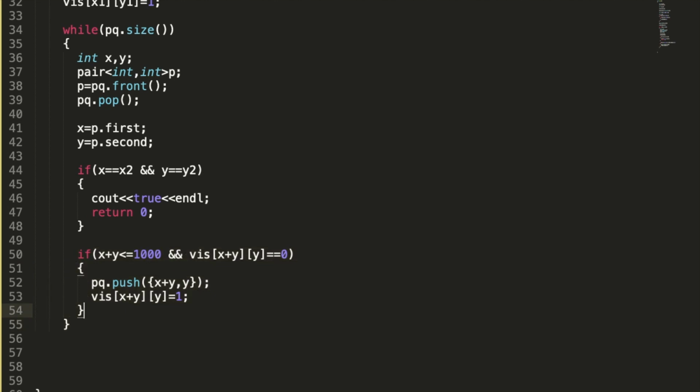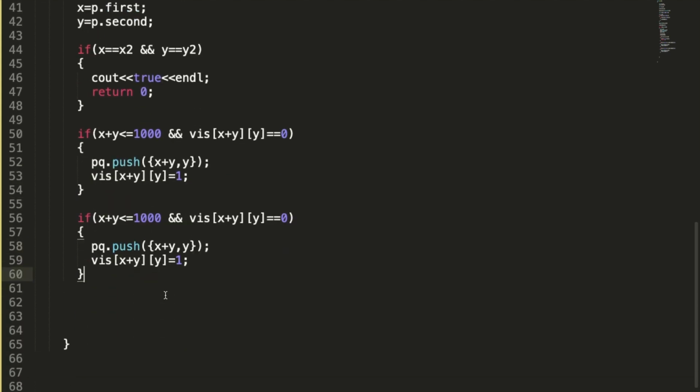Now suppose I want to go from x comma y to x comma x plus y. I'm going to copy this again. The first condition remains true.